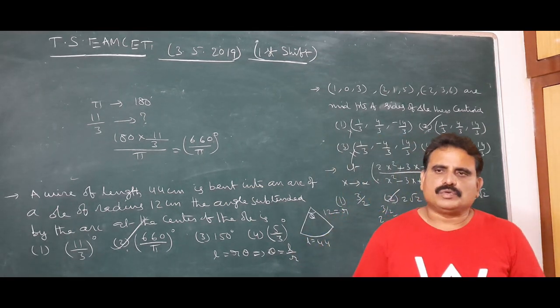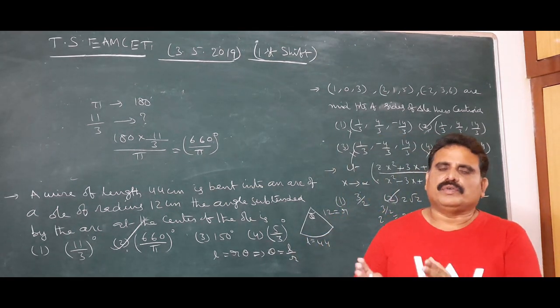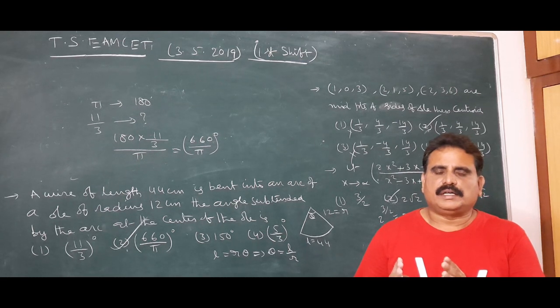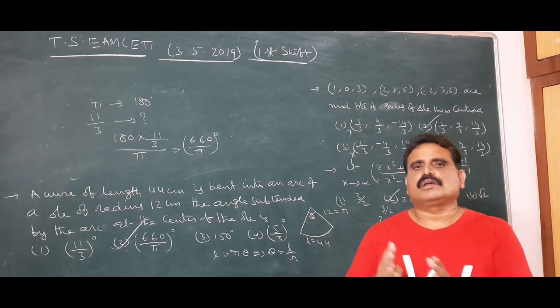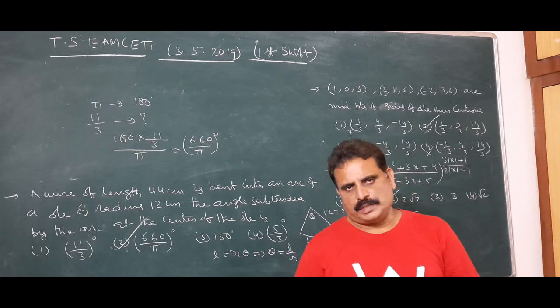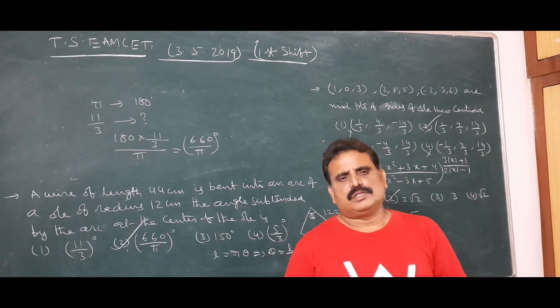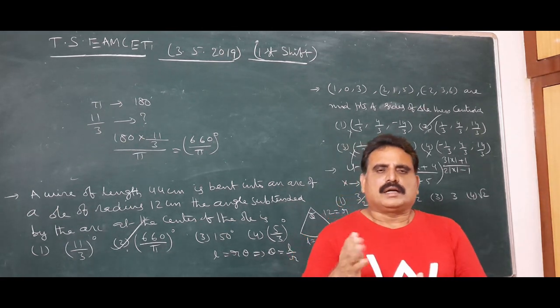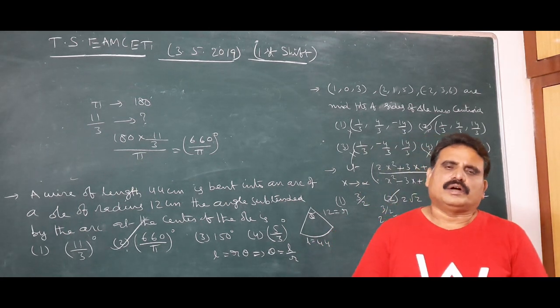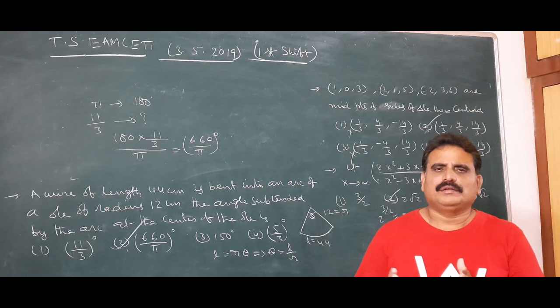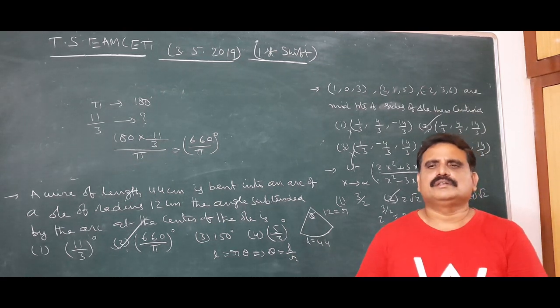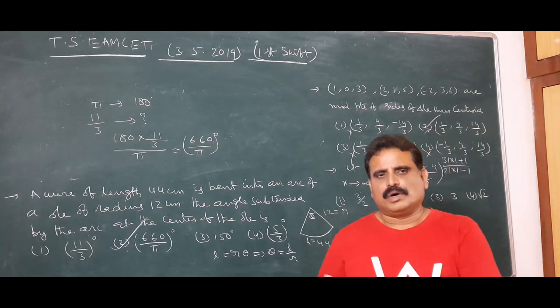Out of 160 questions, the cutoff mark is 40. Government decided that your qualifying mark is 40. Everyone must qualify that. By probability theory, for every question there is a chance of 1 by 4 to get the correct answer. So definitely 40 marks are very easy. It's not a tough task. But some of the questions are familiar and known questions. You have to identify that, concentrate on that, try to get good marks.